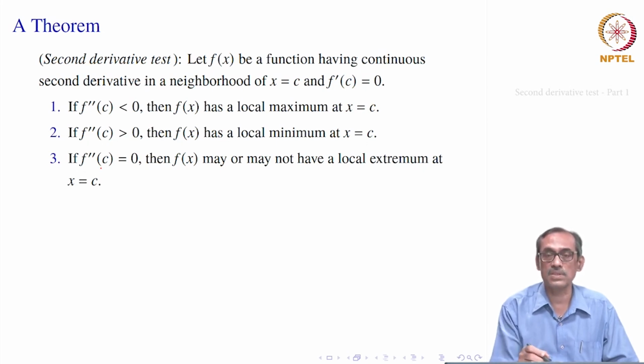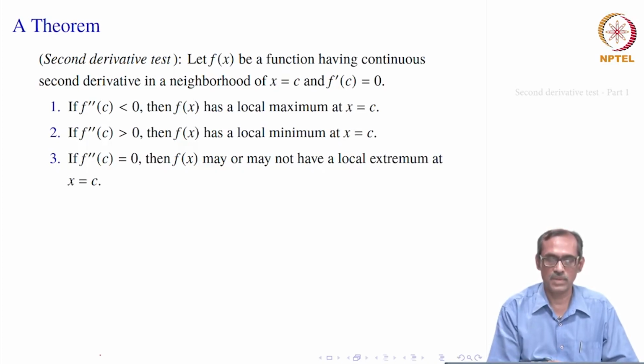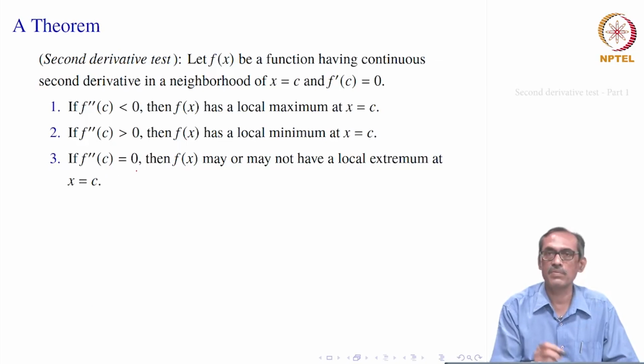So, in a sense this test will not be conclusive like your change of sign in the first derivative. However, it sometimes becomes easier to apply. One should know how it is applied, and we will of course solve some problems based on this. Let us see how to prove this. Out of 1 or 2 we can prove only 1, and then give some examples to show that when f double prime of c equals 0, in fact anything can happen.